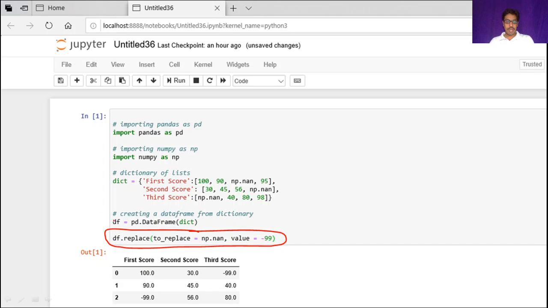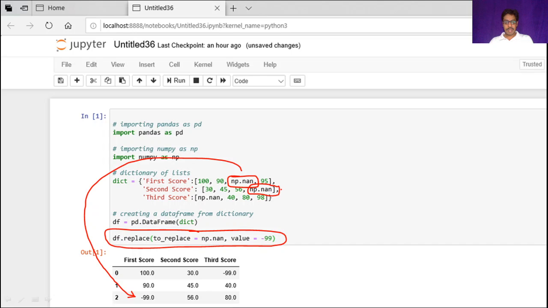As I explained earlier, we are using the replace function as per the syntax df.replace to replace np.nan with the value -99. So here you are seeing that against np.nan under first score, -99 is replaced. Similarly, it happened with